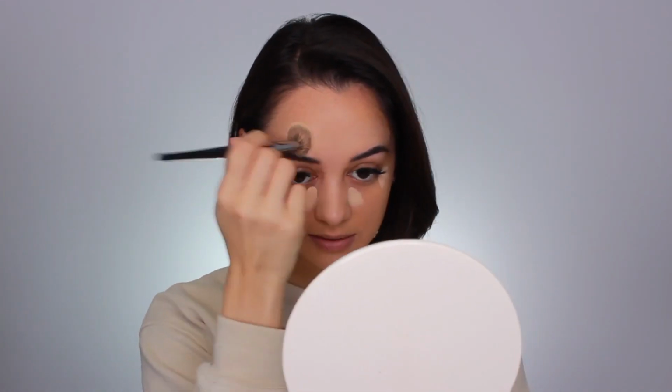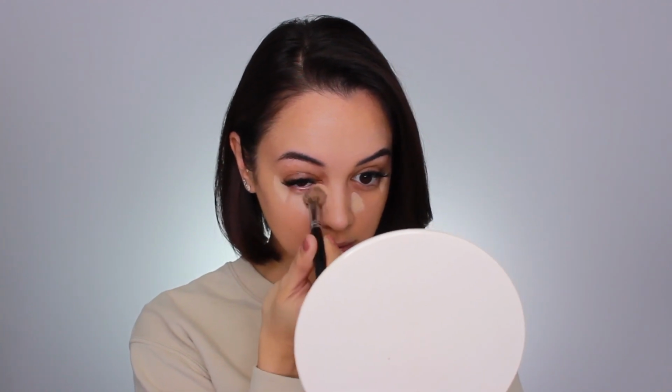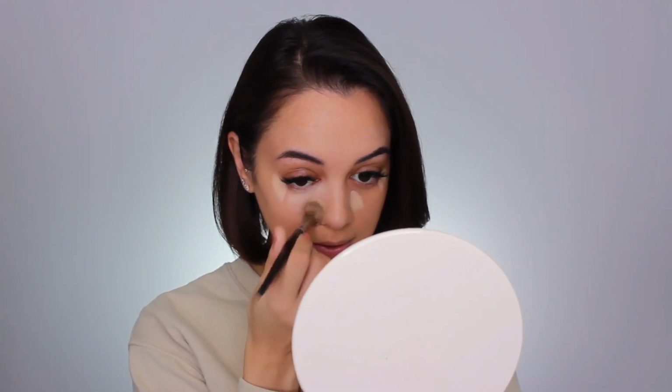I feel like that is going to give me the most amount of coverage without pulling any of the product away. And then the same thing goes for my under eye area. I like to start here and then really bring it up under there as well. So I'm just going to go ahead and continue to stipple and blend that into my skin, and I feel like this makes such a big difference with